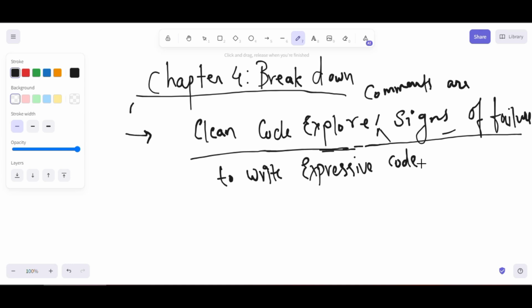In this chapter, Uncle Bob talks about various types of comments and highlights why most of them are bad. Let's break it down in simpler terms with some examples. I hope you understood what he is telling: Clean Code explores comments as a sign of failure to write expressive code.